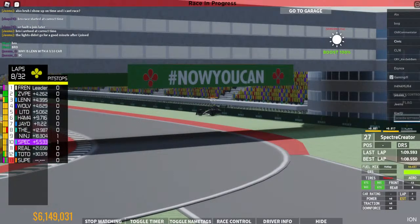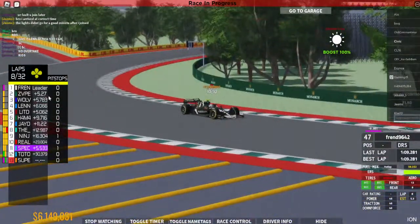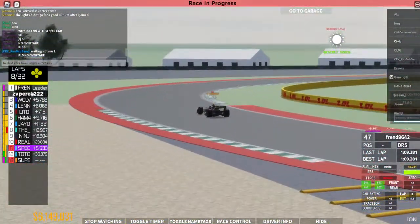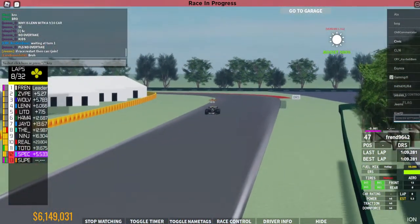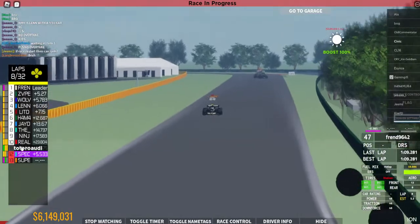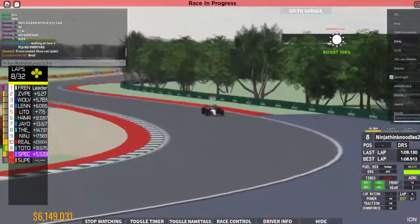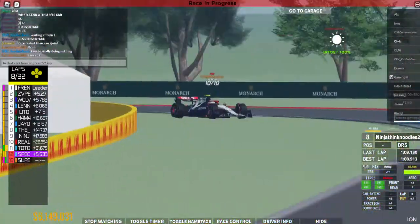We'll see if... Yeah, safety car deployed. On lap 8, Friend sets a purple sector, but I believe the safety car came out. So will the medium runners take this opportunity to pit? Or will the hard runners will surely not pit, but the medium runners might pit. That's Ninja's going to lose out here because he pitted under green flag a few laps ago. So we'll see if that actually did lose time, but